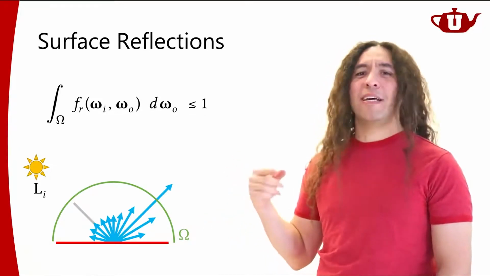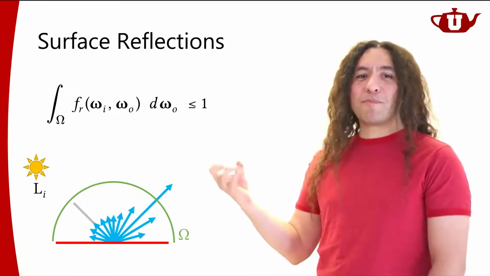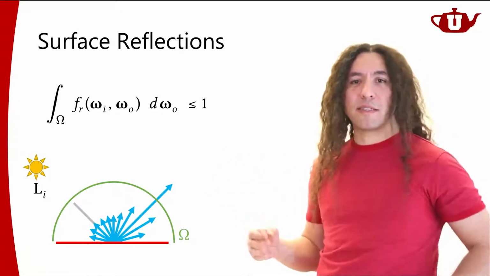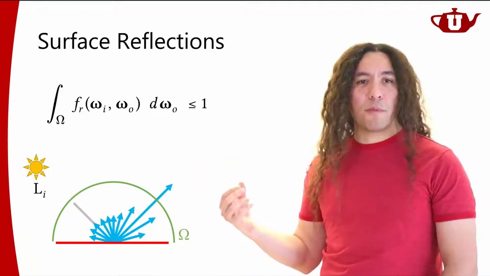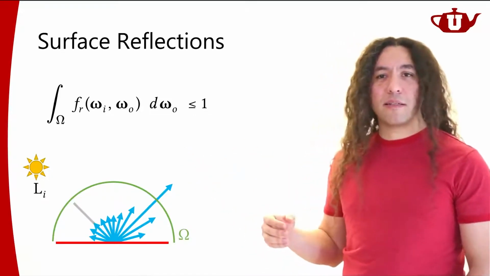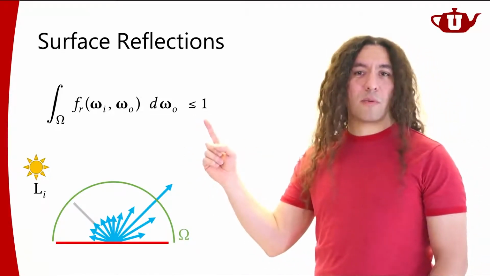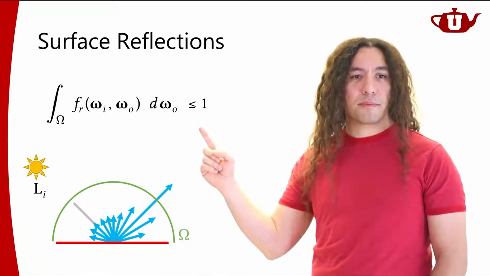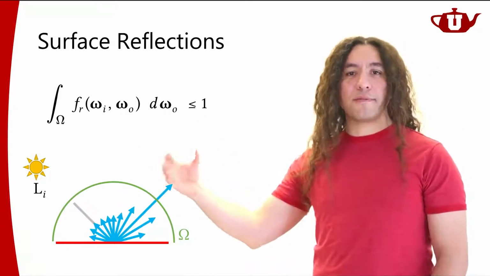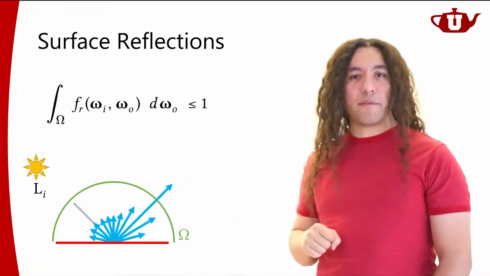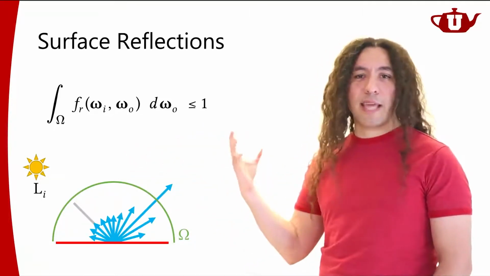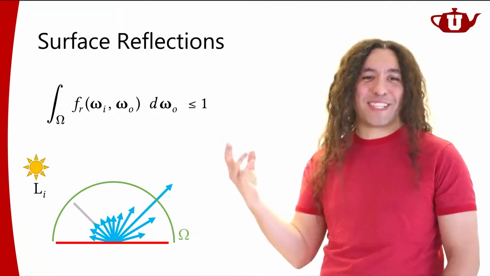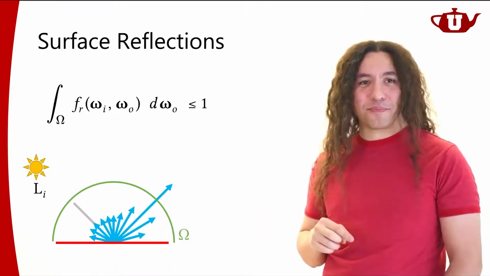So we would expect real materials to absorb some of the light. You're going to lose some energy with this whole reflectance. So some light is going to be absorbed, some light is going to be reflected. So in general, we would expect this to be smaller than 1. Right? So this is a measure of what percentage of the light is reflecting. So this can't be 100%. It cannot be greater than 100%. So it cannot be greater than 1.